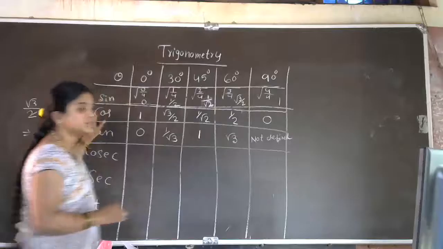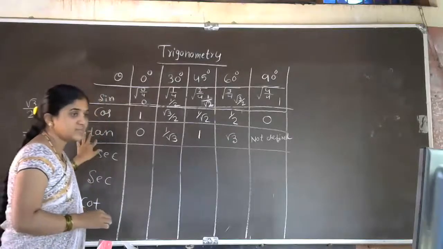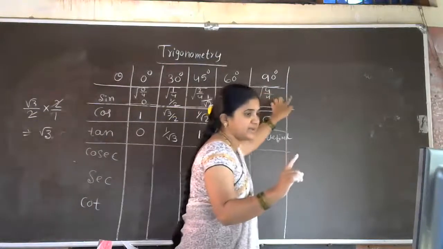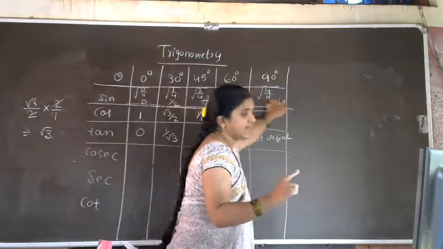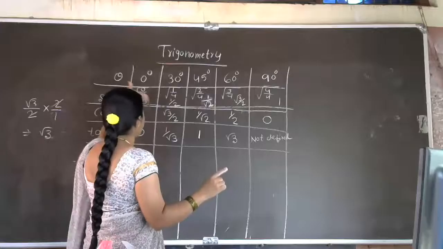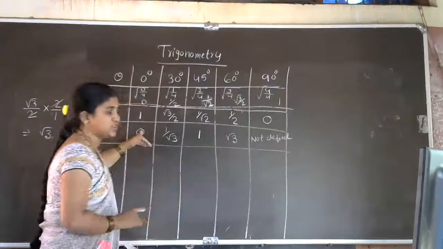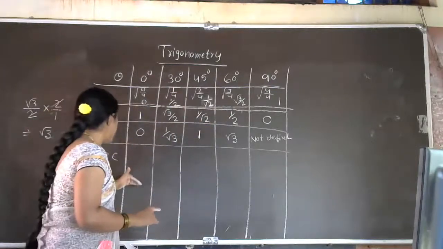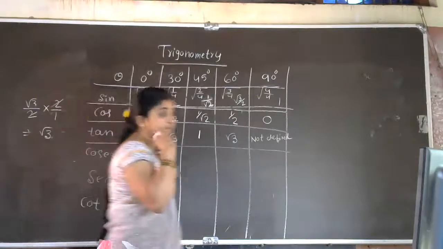Sin, cos, tan. So it is very simple now. So only sin you have to write properly. If you write sin properly, then exactly the reverse value is cos. Then the ratio of sin and cos gives the tan ratio. If these three lines are perfect, then cosec, sec and cot you can easily write.